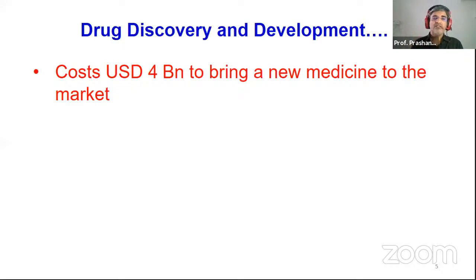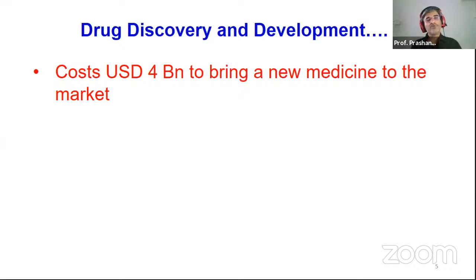Once the NDA is submitted, which is the summary of all phase 1, 2, 3 trials, the data is reviewed by the FDA very religiously. At the end of it, they come to a conclusion that in most cases the drug is safe to be used in humans, and that's where you get marketing authorization, or the permission to launch the drug in the market. And once the drug comes to the market, to the clinic, phase 4 clinical trials continue till the time the drug is in the market or in the clinic.